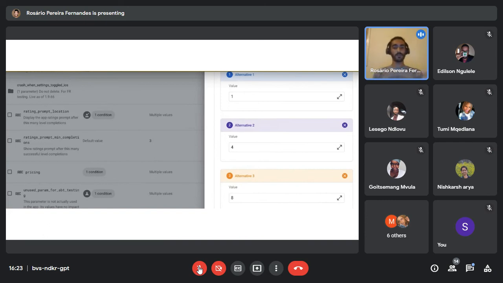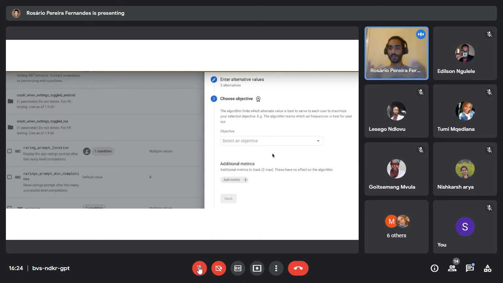I shouldn't add things like 1, 2, 3 because then a user might not notice any difference. So we're adding 1, 4, 8. Those are very separate numbers. It's easy to tell a difference between 1 level completion, 4 level completions, and then 8 levels completed.